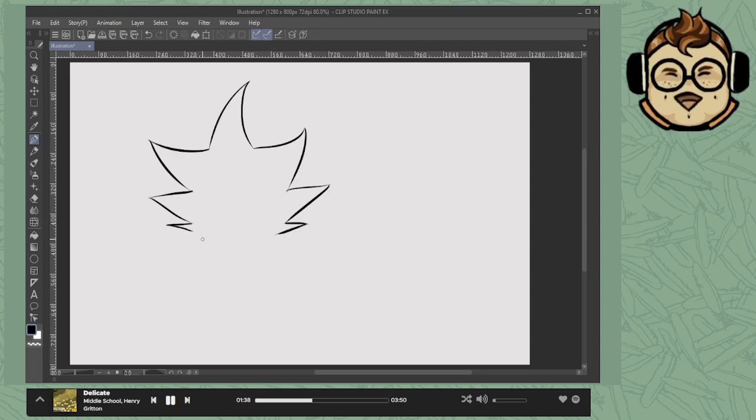Everything I know about Yu-Gi-Oh! I just learned from reading fan fiction. And then he's got some special little Nishinoya strips, which I'm sure Yu-Gi-Oh! fans would be quick to tell me Nishinoya has a Yu-Gi-Oh! strip, I would imagine. But who am I to judge? I'm Ren, and it's my channel.